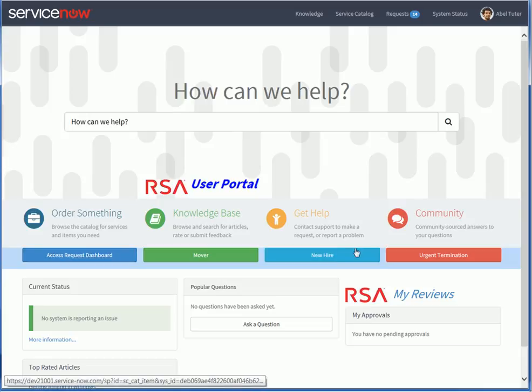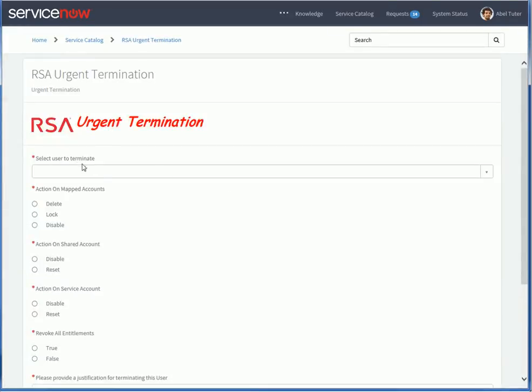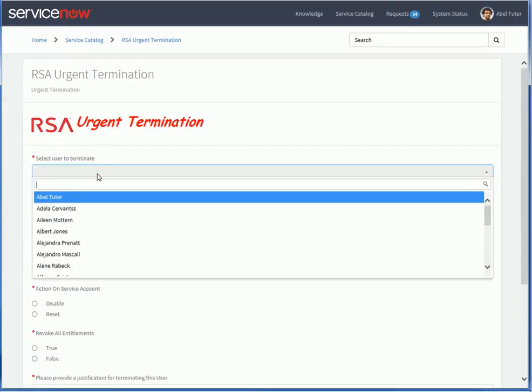So I have 4 examples here on the welcome page, the main page. The access request dashboard actually takes you to a form with more examples. So really, there are 3 examples here: mover, new hire, urgent termination, and these are all linked to the web service calls that are available. For example, urgent termination, I could select a specific user here